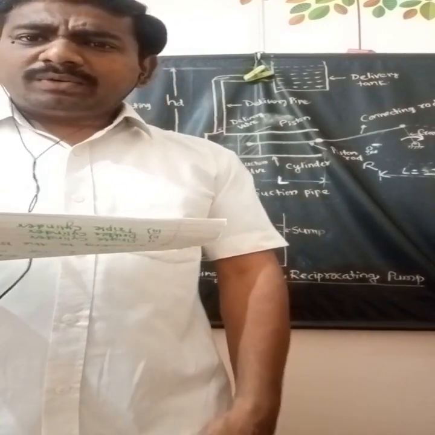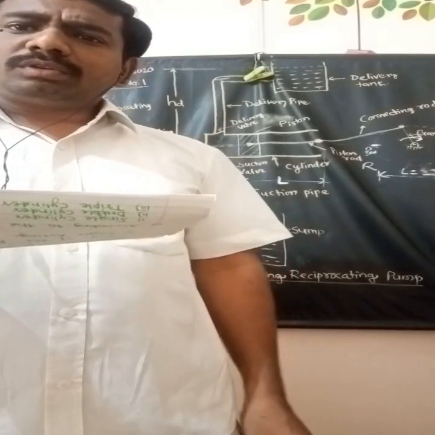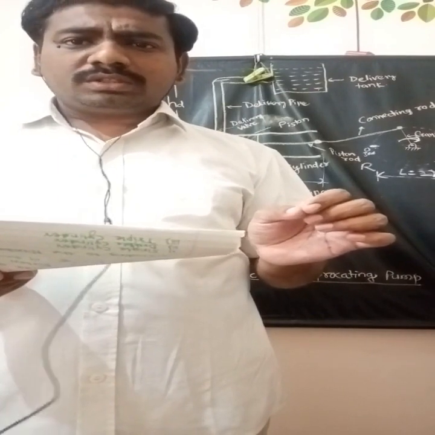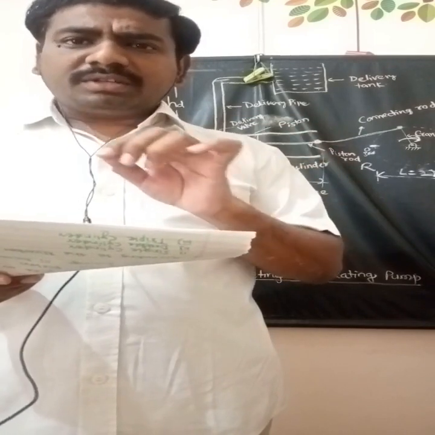You have to determine the theoretical discharge, that is QTH, then coefficient of discharge, that is CD, then slip, and the percentage of slip. The QTH you can calculate simply, that is the theoretical discharge of the reciprocating pump. It is a single acting reciprocating pump, so it is LAN by 60 meter cube per second. Here L is the length of stroke, which is in meters. Then A is the cross sectional area, that is pi by 4 d square meter square, and N is representing the revolution per minute, which is given as 30 rpm.